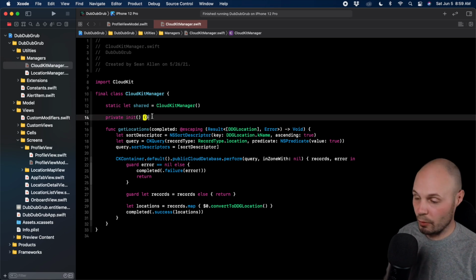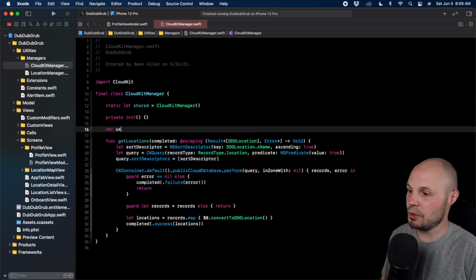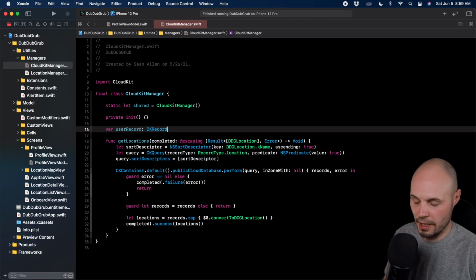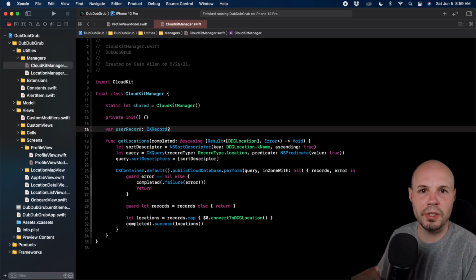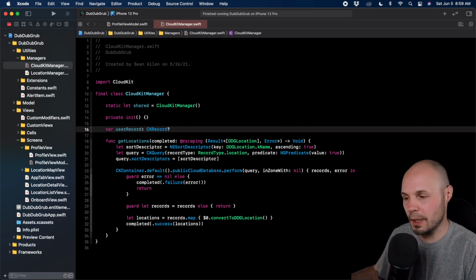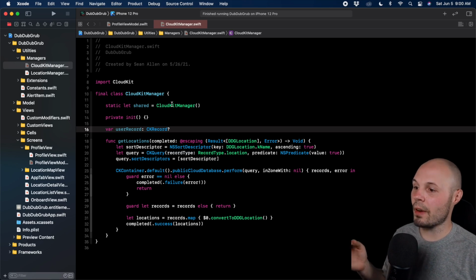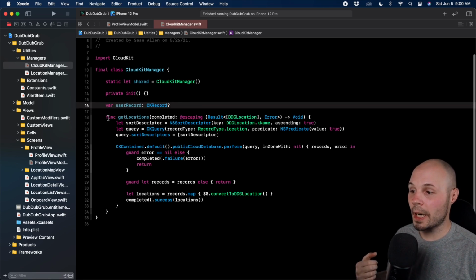So now that we have that, we need var userRecord, and that is going to be of type CKRecord, and that will be an optional. It's optional because we don't have it right away, right? We're going to make the network call to get it. And then whenever we use it, of course, we'll have to check to make sure we have it, right? By unwrapping the optional. Okay, so now that we have our setup, let's write our get record function